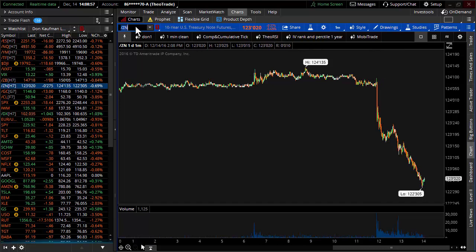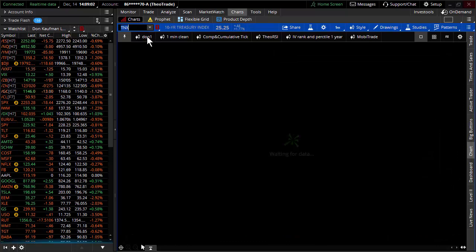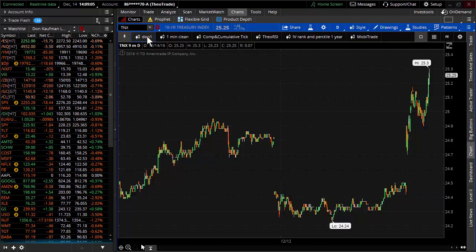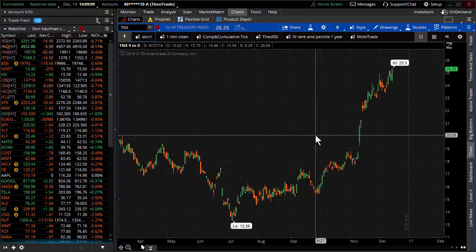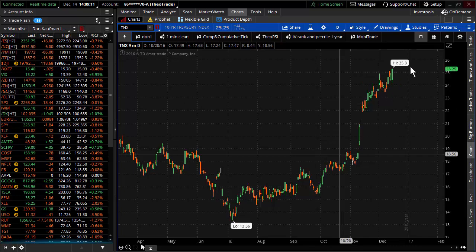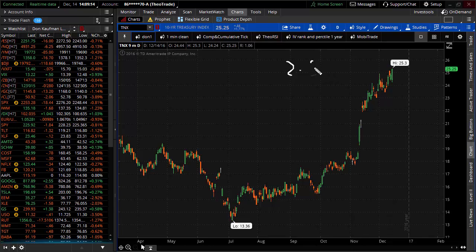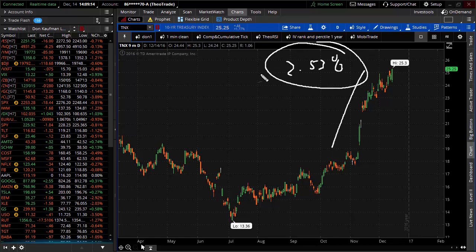Now, what does this really do? When you look at the 10-year, if you're not really familiar with bonds, I get it. It's not so much about the bonds, it's about interest rates. And the interest rates out there are starting to get a little bit crazy. This says 25.3, but that should be read as 2.53%. So interest rates are exploding to the upside right now. Well, that should have a really positive effect. These interest rates have had a really positive effect right here